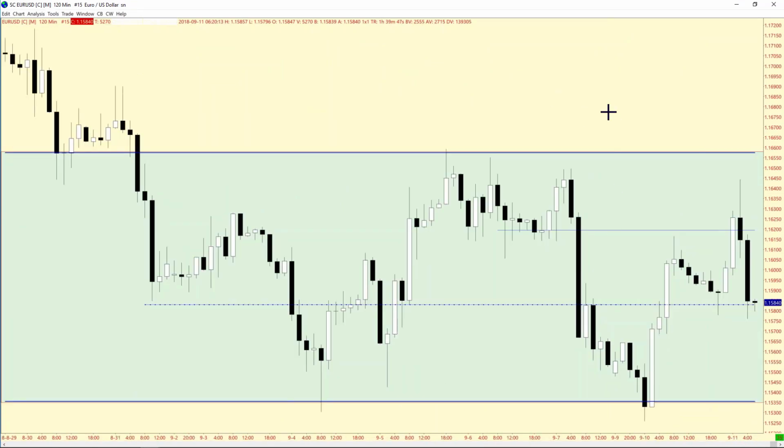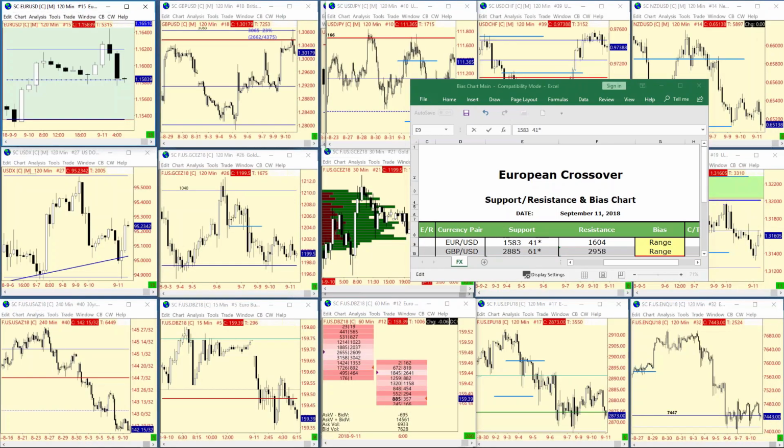Spent a lot of time blabbing, but I hope we're all on the same page. Resistance is going to be right there. It's that bar close, 1626. That will be resistance for today. If we get past that, then we can really start moving higher and clipping some stops. So it's going to be 1626. Once again, you can see here we're in a range.